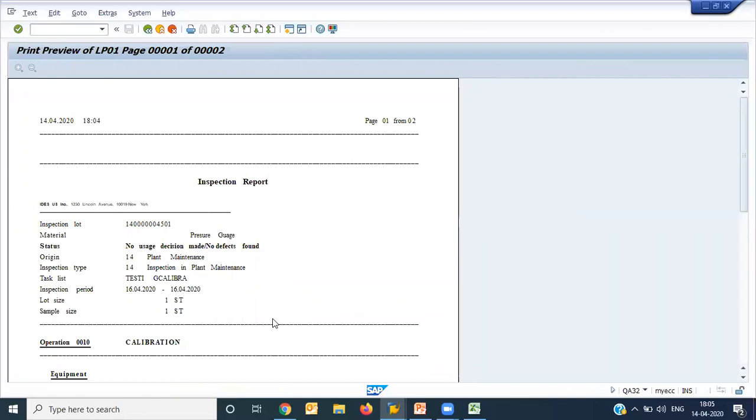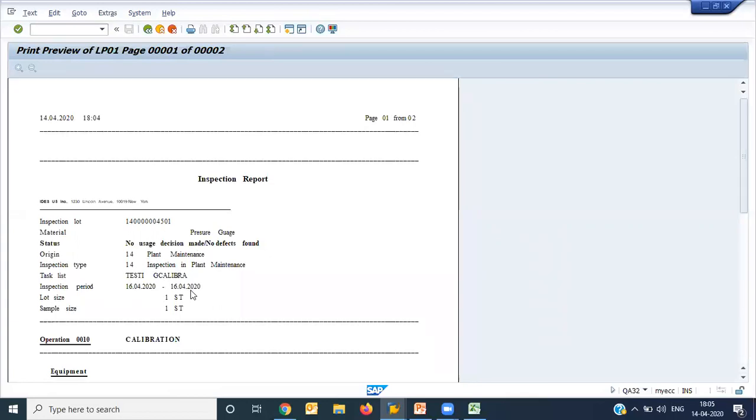Inspection report for this equipment, this inspection lot, material as a pressure gauge, because it is an inspection lot. So that's why it is showing as a material. Okay. Origin, plant maintenance. It means this report belongs to plant maintenance. In plant maintenance, inspection type 14 is used. Okay. This is a task list description. This is the inspection period, the period for which you have inspected. Okay. Then